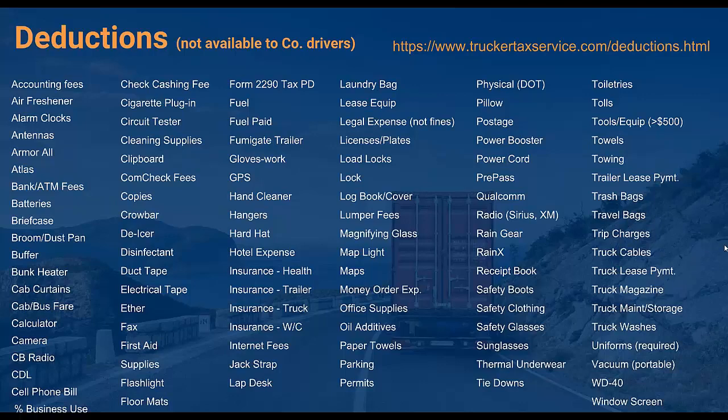Now, this is just a suggested list, okay? There's literally hundreds of different deductions that you're entitled to. The general rule is this: if you purchased the product to go on the road with you, or you purchased it while on the road, most likely it's a deduction. So now the only thing that you don't have to concern yourself with is any type of food